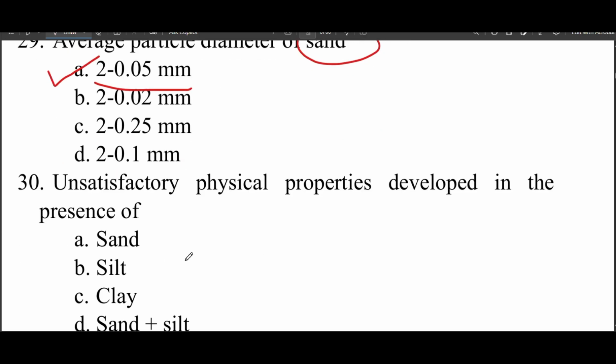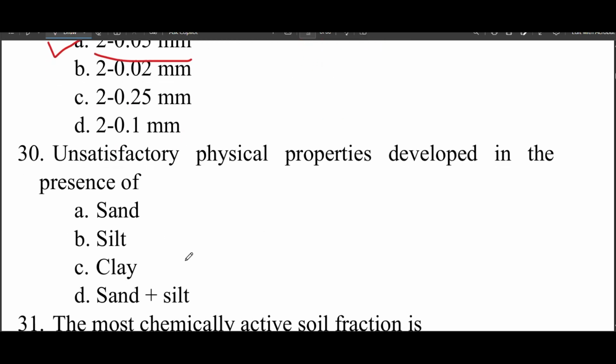The next, unsatisfactory physical properties developed in the presence of. Options: sand, silt, clay, sand plus silt. This is a direct sentence from the Fundamentals of Soil Science book. Unsatisfactory physical properties are developed in the presence of silt. Option B will be the correct